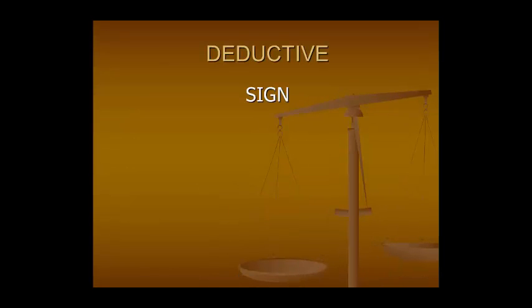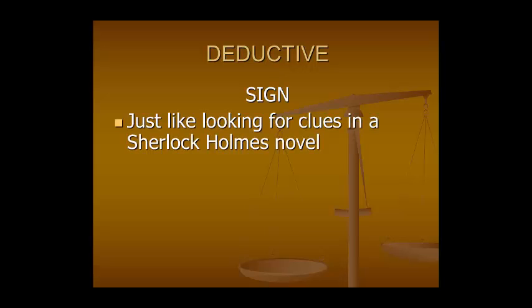The third type of deductive arguing is argument by sign. And the sign, I'm happy to tell you, is the easiest type of deductive reasoning. We use it all the time, but we don't really call it by its name, reasoning by sign. But it's fairly simple to grasp, not as complex or using these odd words to discuss these ideas. I like to think of deductive argument by sign as being like Sherlock Holmes. If you've read mysteries, they often are giving you deductive signs in order to help you figure out what's happening